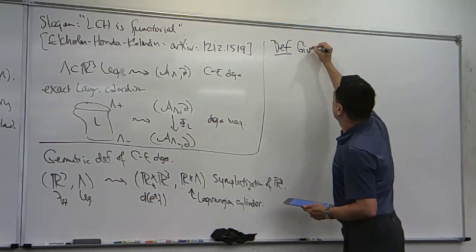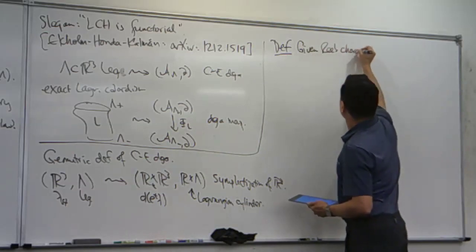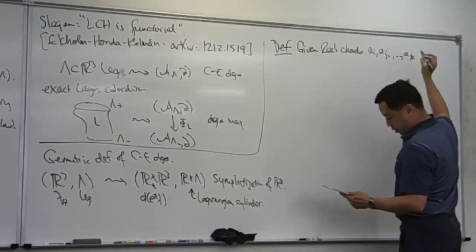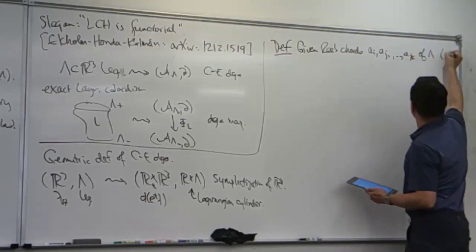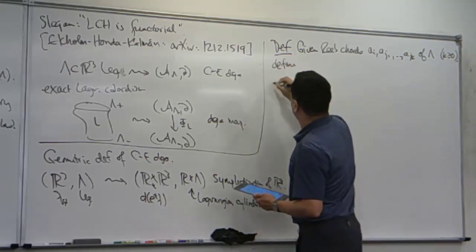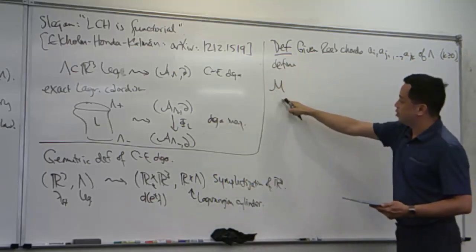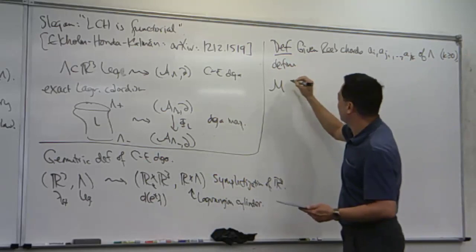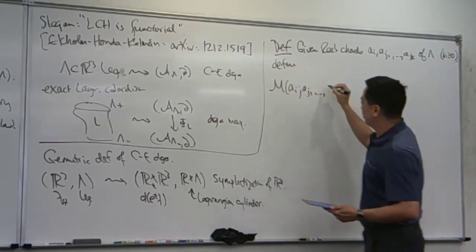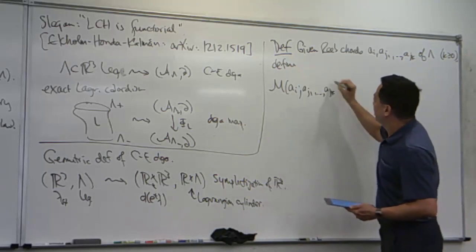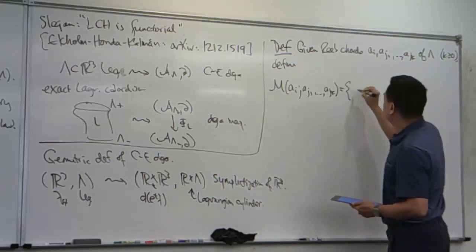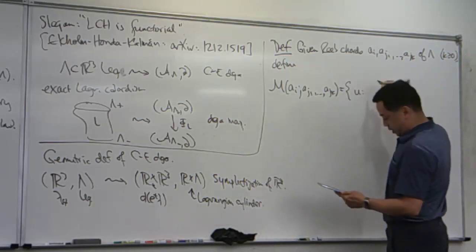So given Reeb chords a, b_1 through b_k of lambda, I'm going to define the moduli space. I'm going to overload this notation today; it's going to mean several different things, and I apologize for that, but otherwise I have to think of other notation. So this is going to be a moduli space, the set of maps from